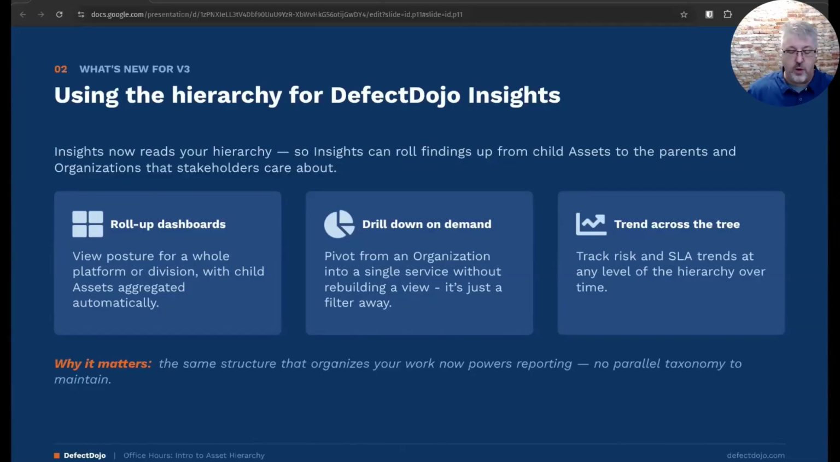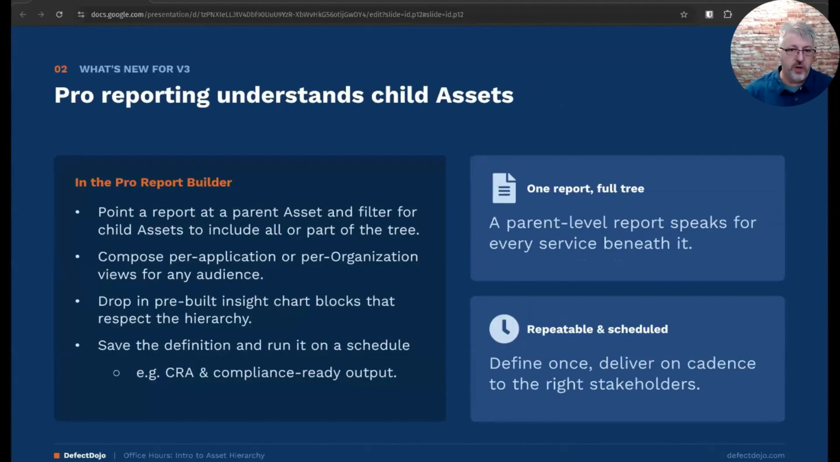One of the equivalents in my BigApp tagging example, if I want to see all of BigApp, I could do tag equals, or tag contains BA colon. In this case, I can do in these, and I'll show you this when I demo it, I can do product and all of its children and get that same effect, which is quite handy. Pro reporting understands child assets,